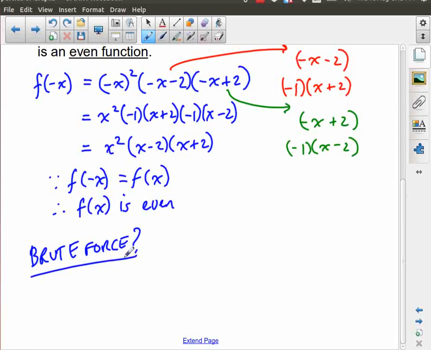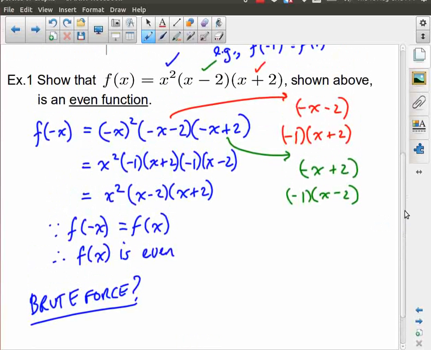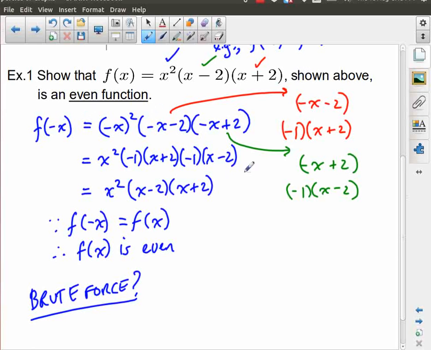Have you thought about how you would do that? For me, in this case, brute force would be to expand both of these fully once I've made this change and see what I end up getting. So I don't do anything subtle here like this nice factoring. Instead, I expand this. So I'm not going to do f of negative x, but let's brute force f of